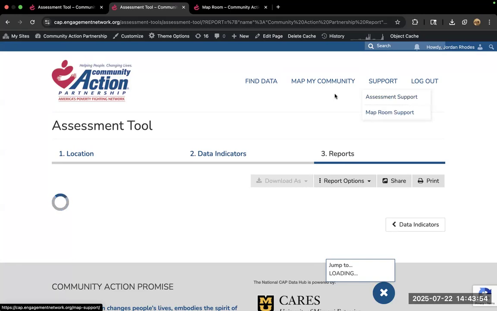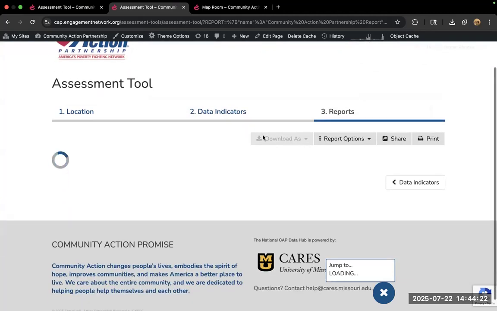If you were really interested by that map room and you would like to dive in, map room support is going to give you some step-by-step instructions on how to zoom into your location of choice, find data of interest, and then add it to your map and interact with it at a basic level. And so those are going to be very useful tools or support pieces.